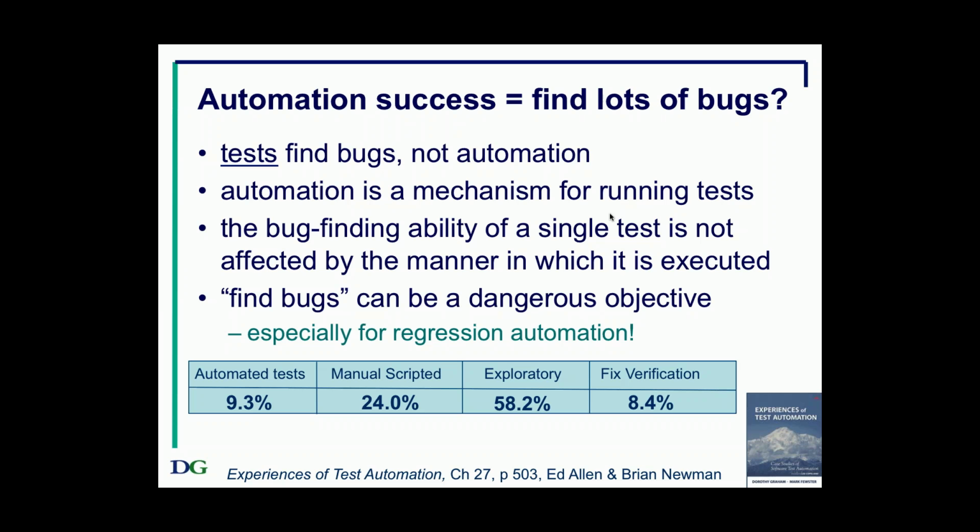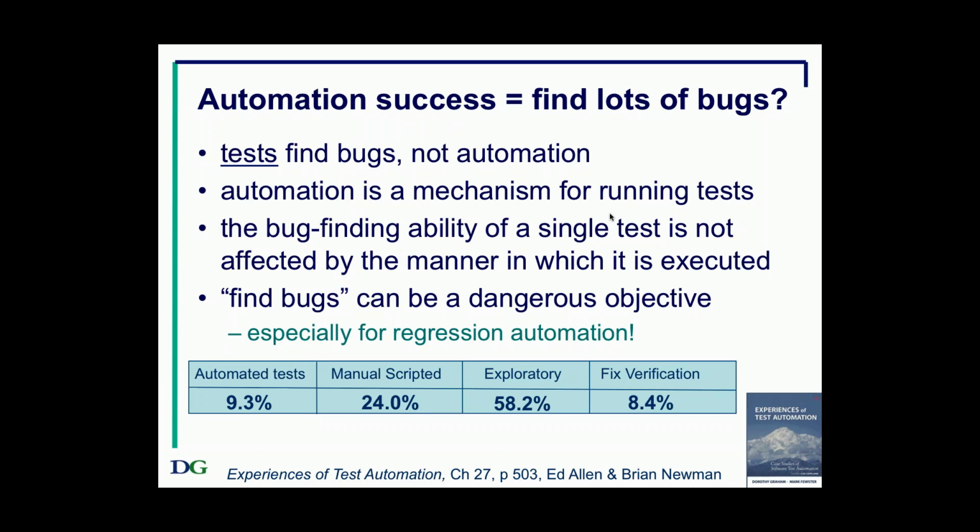Let's get rid of it. This is the reasoning that this manager who I met had gone through. But the thing is, even if you got rid of the automated tests, that would harm the other bug-finding abilities, because the testers, rather than having time to do exploratory testing, they'd now be spending their time doing manual regression testing. So you wouldn't find as many bugs.